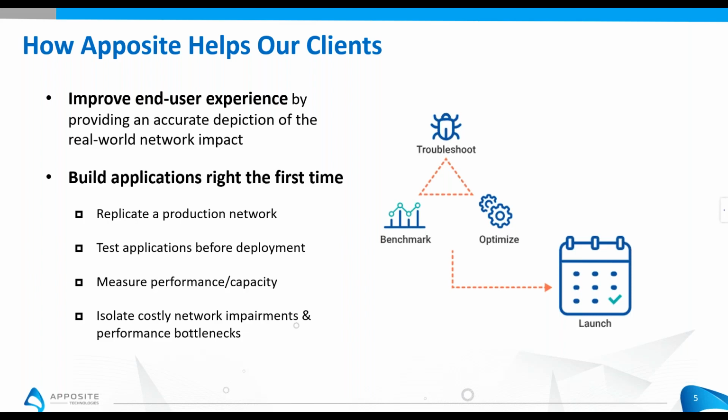So a lot of businesses are now looking at it going, well, my network utilization is really low, but I'm still getting application performance issues. That's where Apposite is really useful, so that you can predict and test these issues in advance before you roll them out and the users start to see a poor experience.